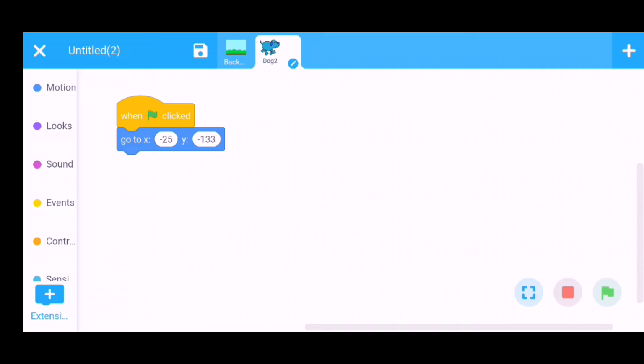The dog can move either right direction or left direction. When you swipe the finger in the right direction, then the dog will move toward the right, and if you slide your finger in the left direction, then the dog will move in the left direction.